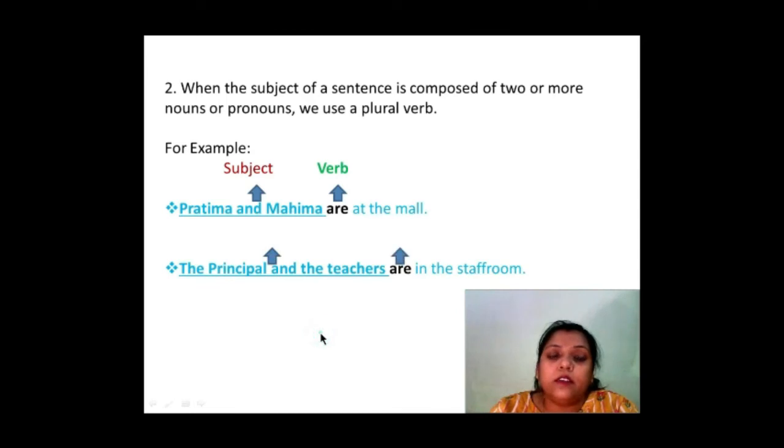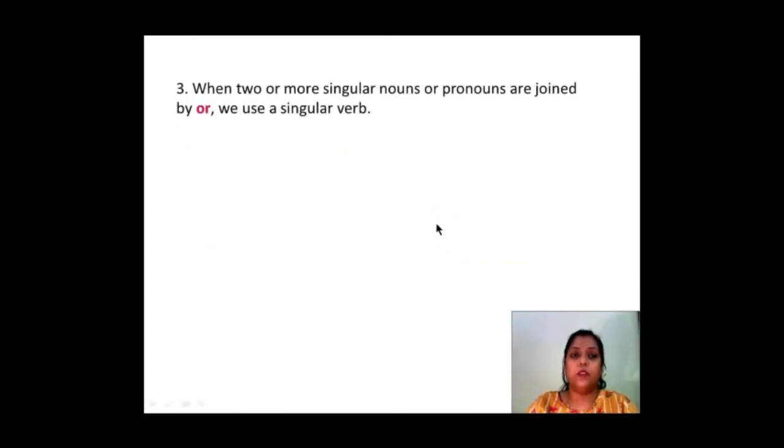Again, here our subject is what? The principal and the teachers. Since our subject has two nouns, the verb will be plural. So we are using what here? Are. Now, let us look at the third point. When two or more singular nouns or pronouns are joined by or, we use a singular verb. For example,